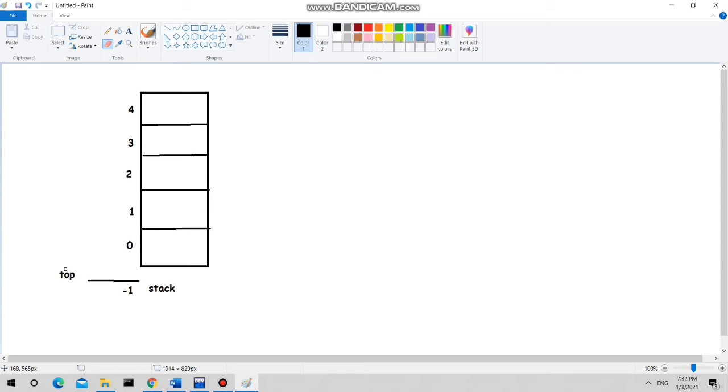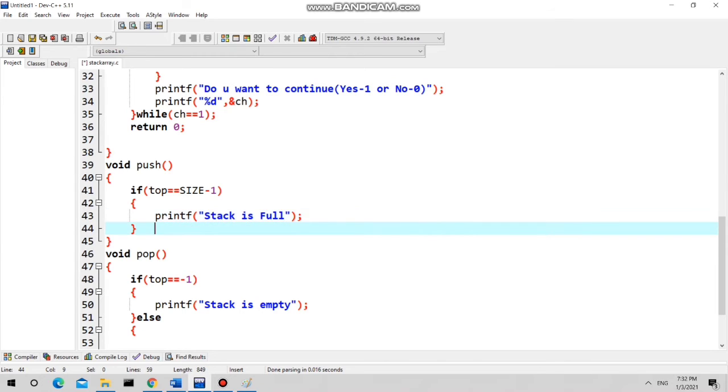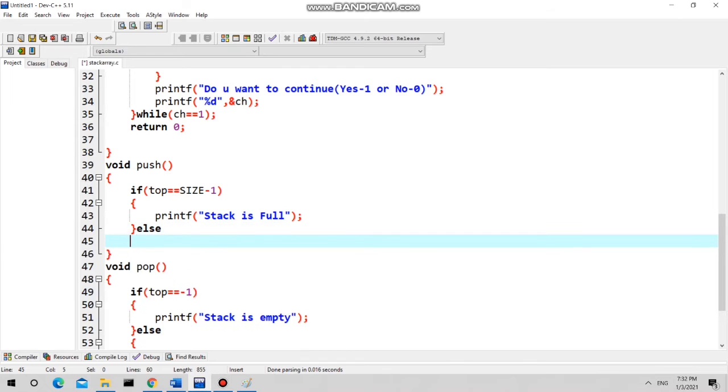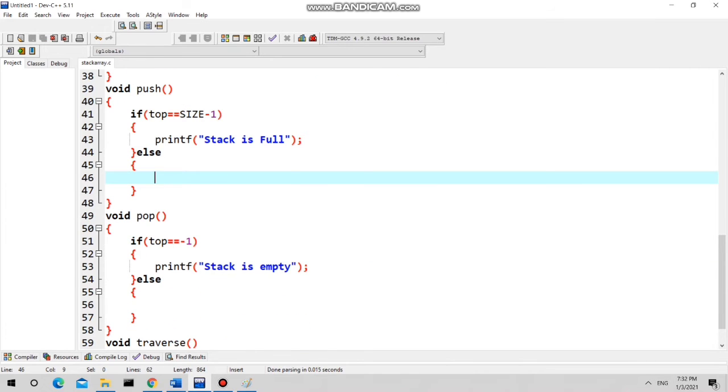After that, there is no space remaining in your stack, which means we can't insert a new element in that stack. So top equal to size -1 is the condition for stack full. Stack is full, that means we can't perform the push operation anymore.